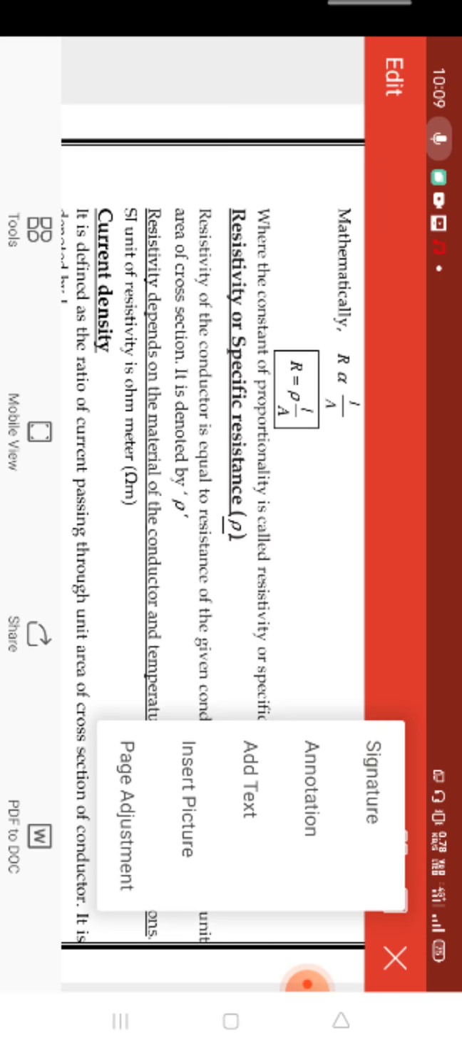Now from this, by removing the proportionality, we can place a constant. The name of the constant is rho. That rho is called resistivity or specific resistance. How to define the resistivity or specific resistance? Resistivity of the conductor is equal to the resistance of a given conductor of unit length and unit area of